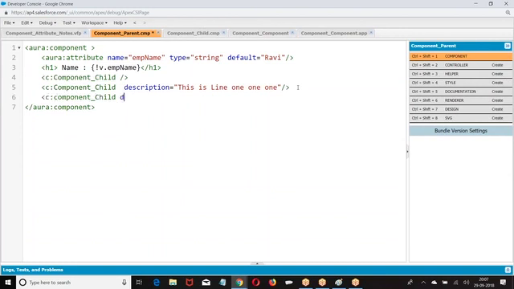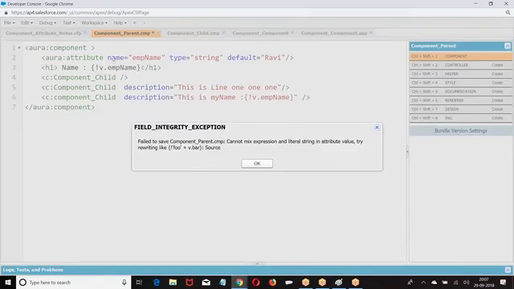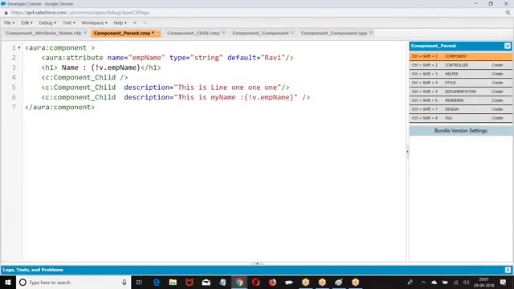Component child. v dot value. Value equal to v dot value.